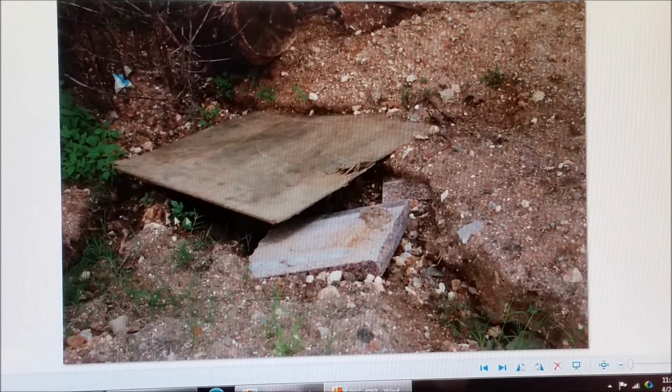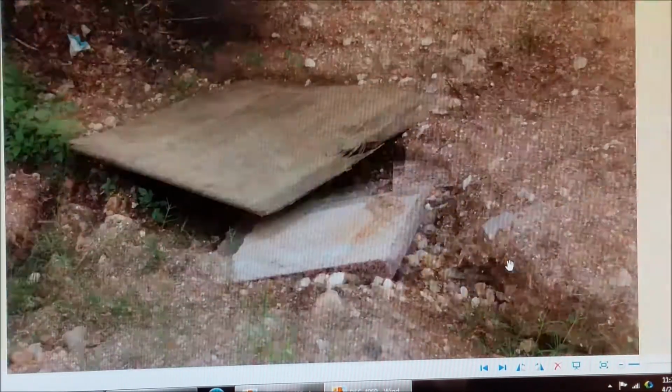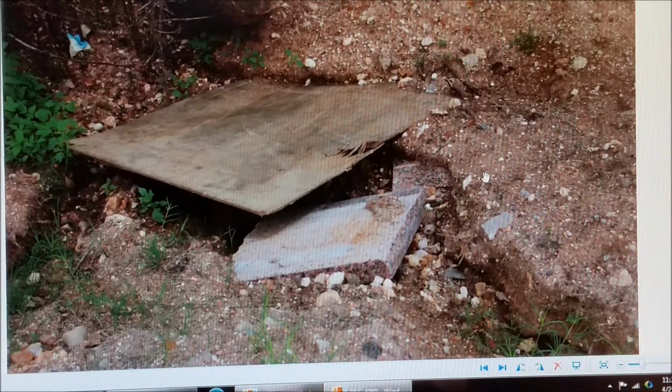Those sheets of plywood can end up just getting tossed and buried. Here's memorial markers down in here. This is granite. I don't think it's too thick to be countertop. It might have just been a base for a stone that broke, and they just threw it over here. Future generations will be digging graves and find this stuff and wonder